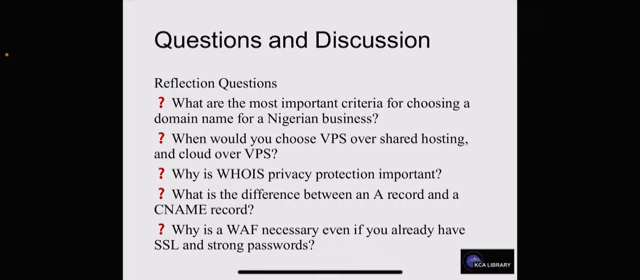One is: what are the most important criteria for choosing a domain name for a Nigerian business? You should know that by now. When would you choose VPS over shared hosting, and cloud over VPS? Why is WHOIS privacy protection important, and what is the difference between an A record and a CNAME record? And then the last